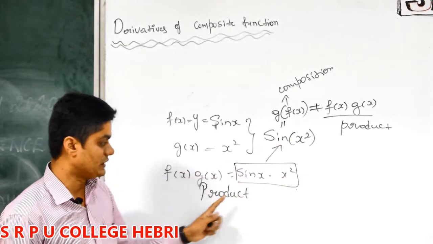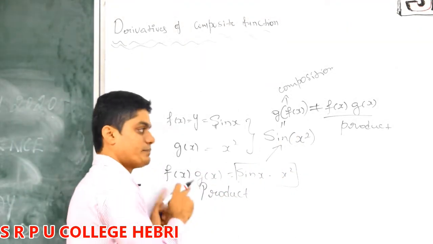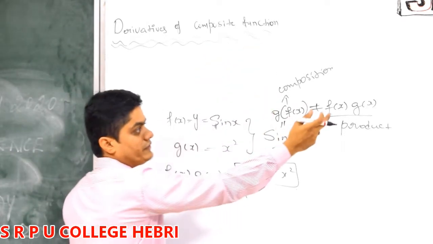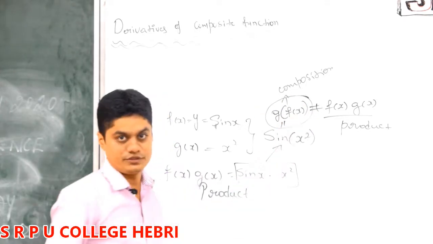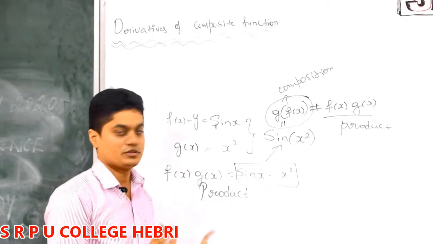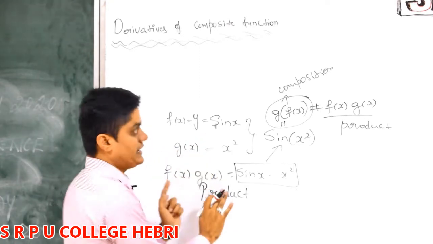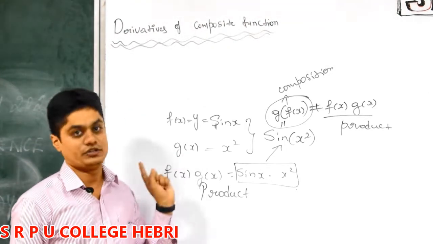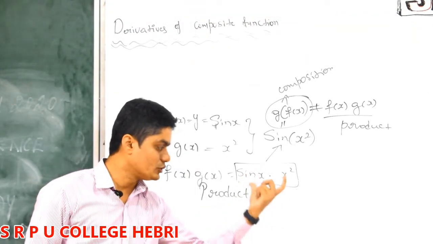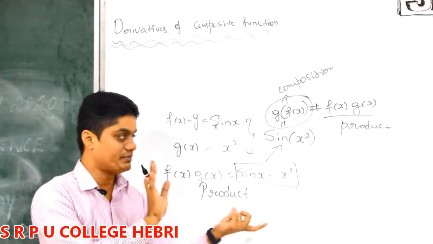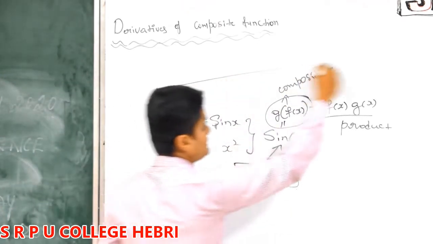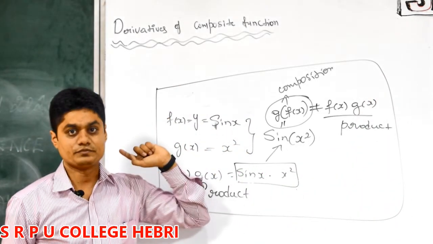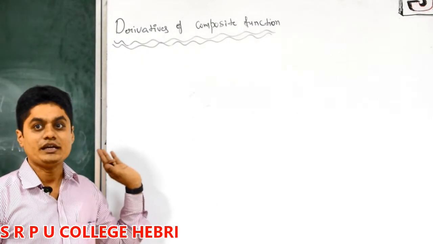Don't confuse, because in differentiation, or in derivative, we have the product rule, which is used to differentiate the product of two functions, and the next one called the chain rule, which is used to find the derivative of a composite function. If you confuse, the formula will get exchanged. So remember that. First, understand exactly what I mean by composition. Composition means one function inside another function. Product means it's just a product; the two functions are outside, they are not one inside another. Be careful. This concept you should understand first. If you understood this concept, derivatives of composite function is very simple. I hope you understood what I mean by composite function.